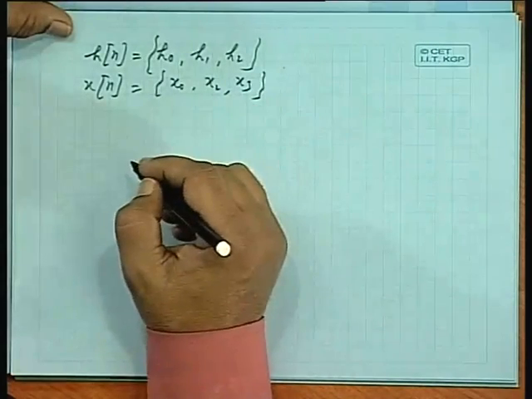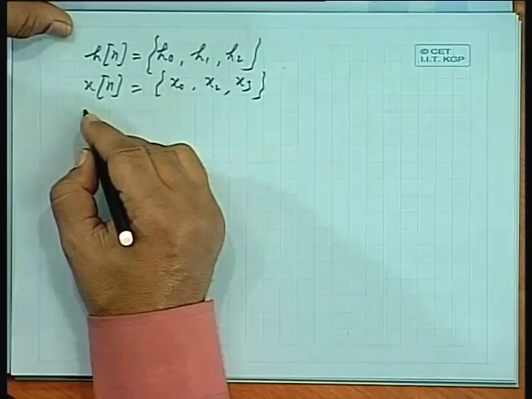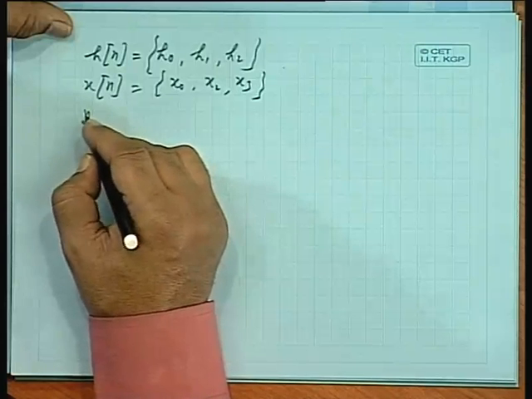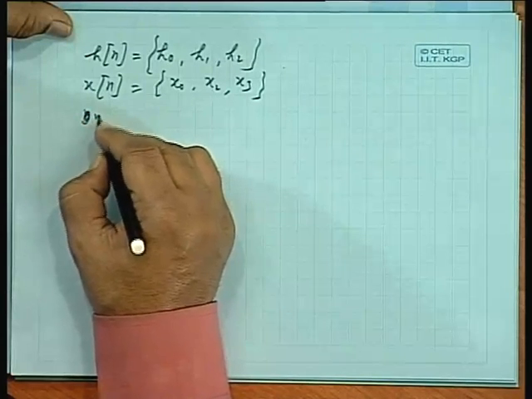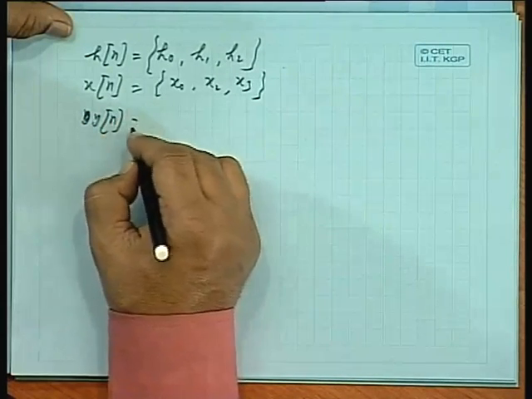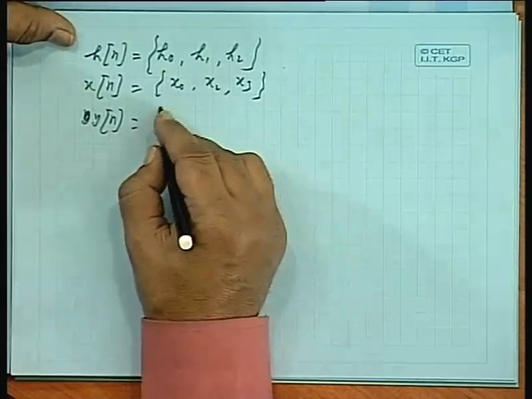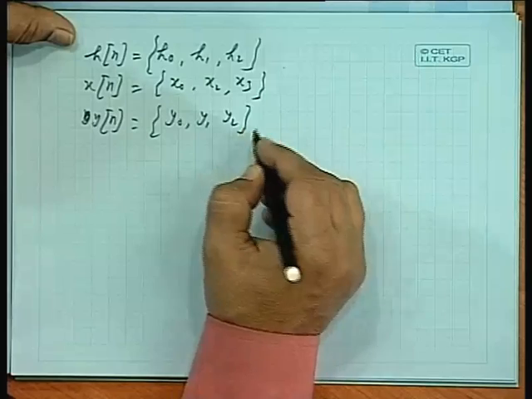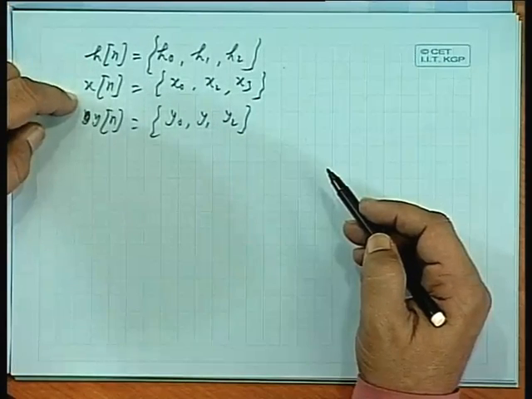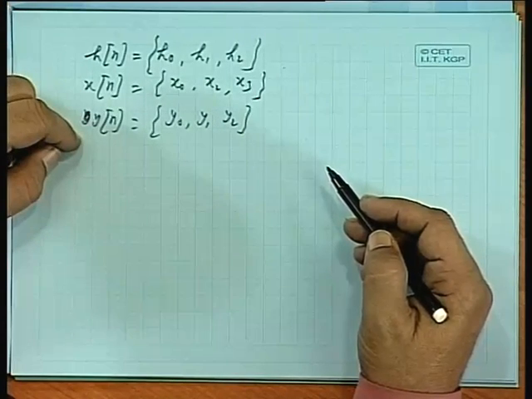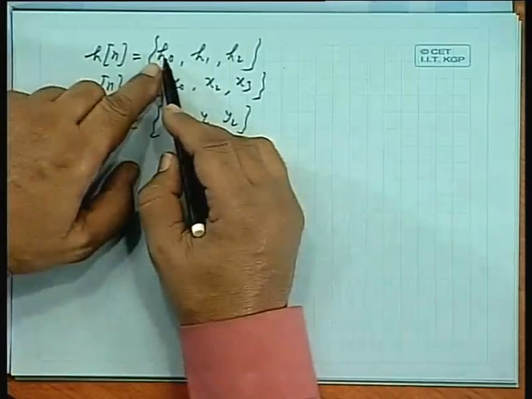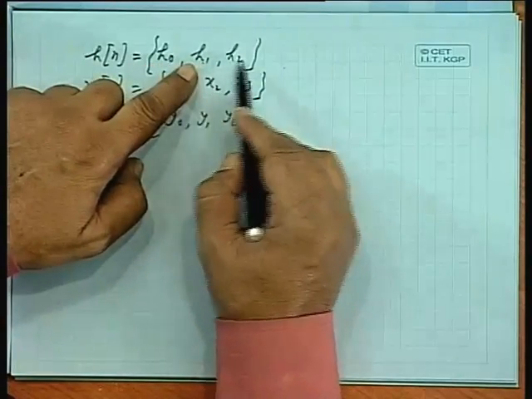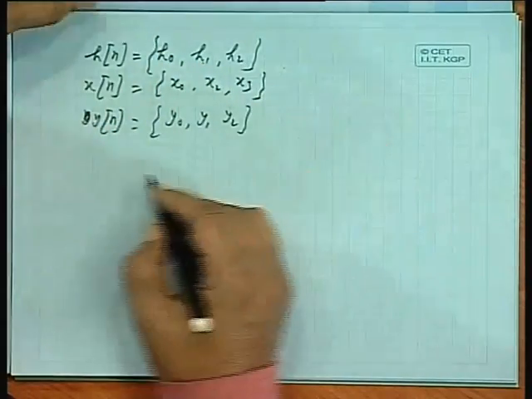Similarly, some yn as y0, y1, y2. I have taken x, h and y instead of h1, h2, because the individual terms are also having h1, h2. To avoid confusion, I have taken 3 sequences